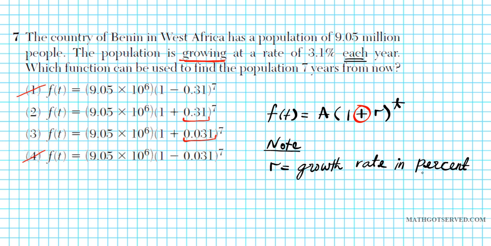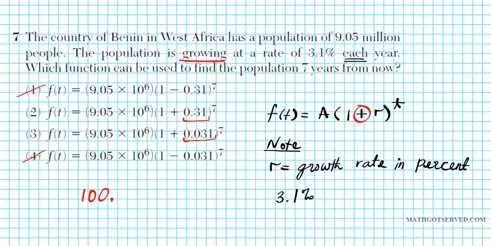Percent means per 100. So 3.1% is not in decimal form. How do we convert this to decimal form? Remember, 100 has how many zeros? 100 has 2 zeros. So if you want to convert percentage to decimal, you have to divide by 100 or